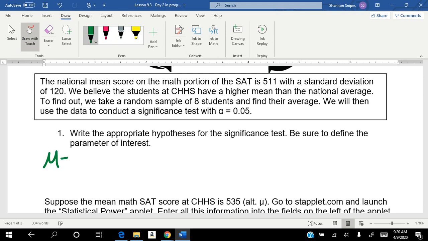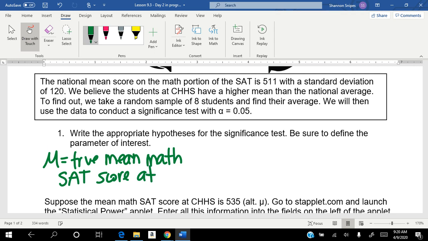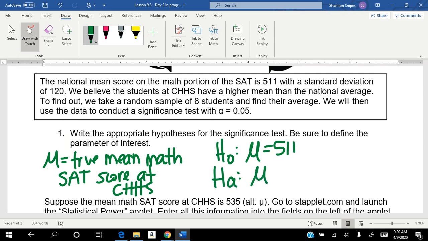So mu is going to equal the true mean math SAT score at Corinth. Your null hypothesis is that our mean is really going to equal the national average, but our alternative is what we believe we have a little bit of evidence for, that the students have a higher mean than average,